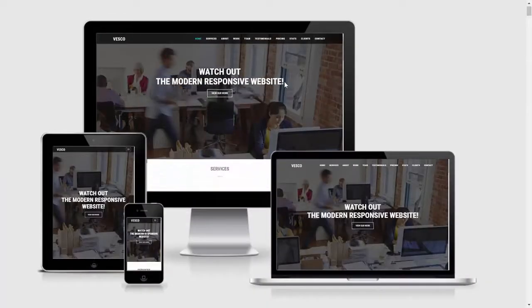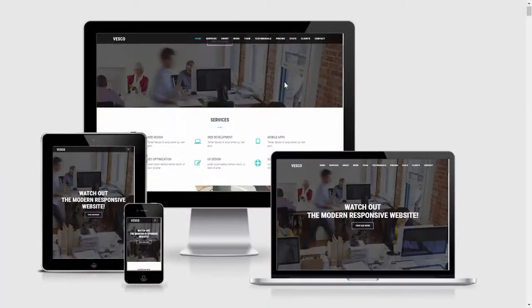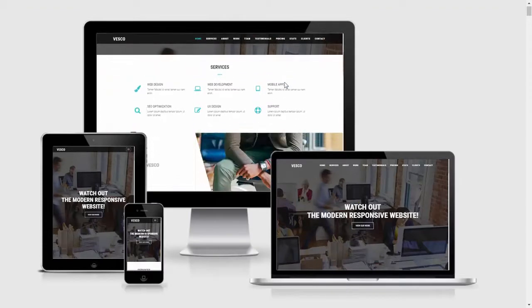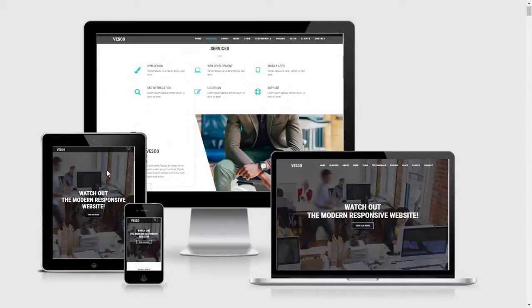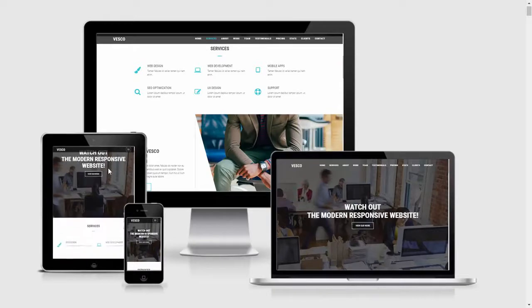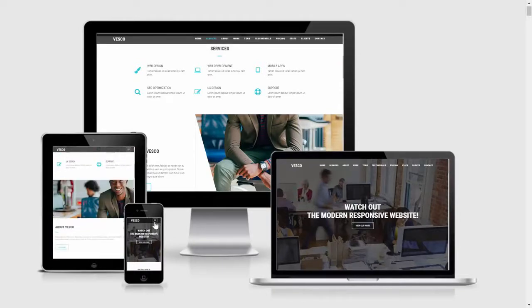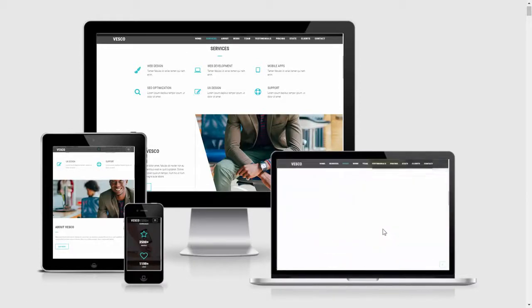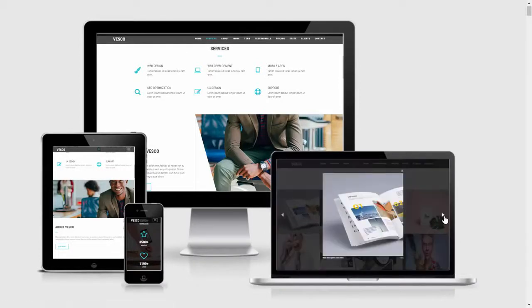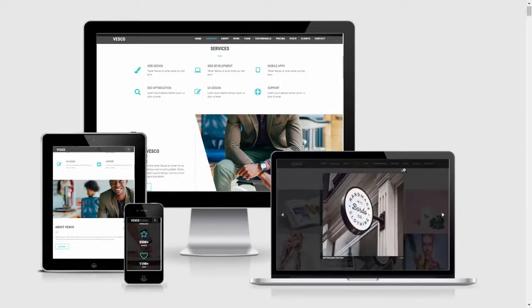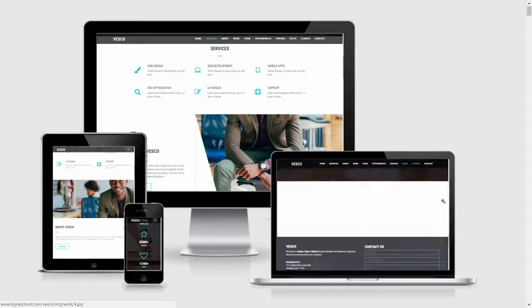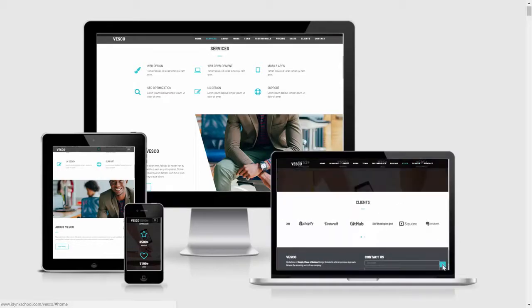This will be fully responsive website, which means this website will look great on all smartphones, tablets, and computers. I will teach you how you can make a website perfect for responsive design so it will look great on all the screen sizes. You will be amazed to see how easy it is to build a responsive website like this. I will teach you how to use Bootstrap grid system to make a responsive design, and you will learn all this step by step from scratch.